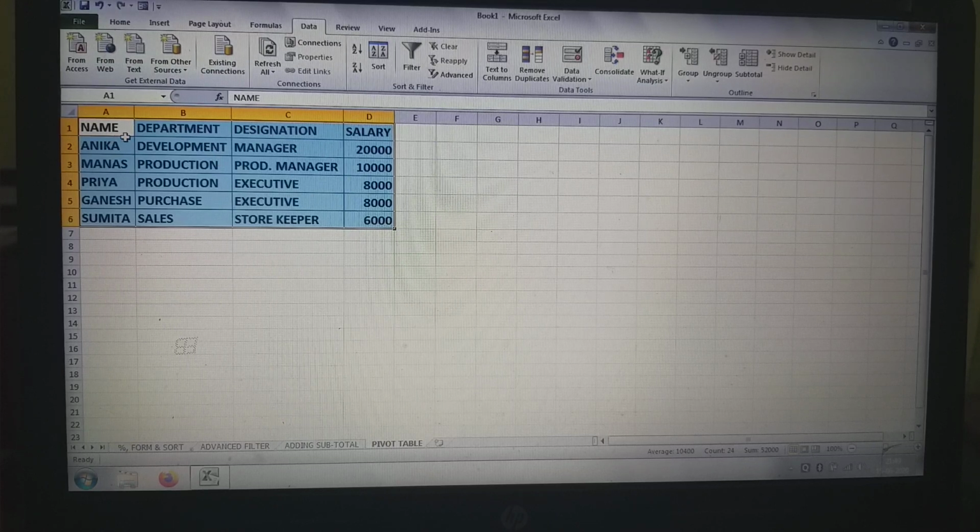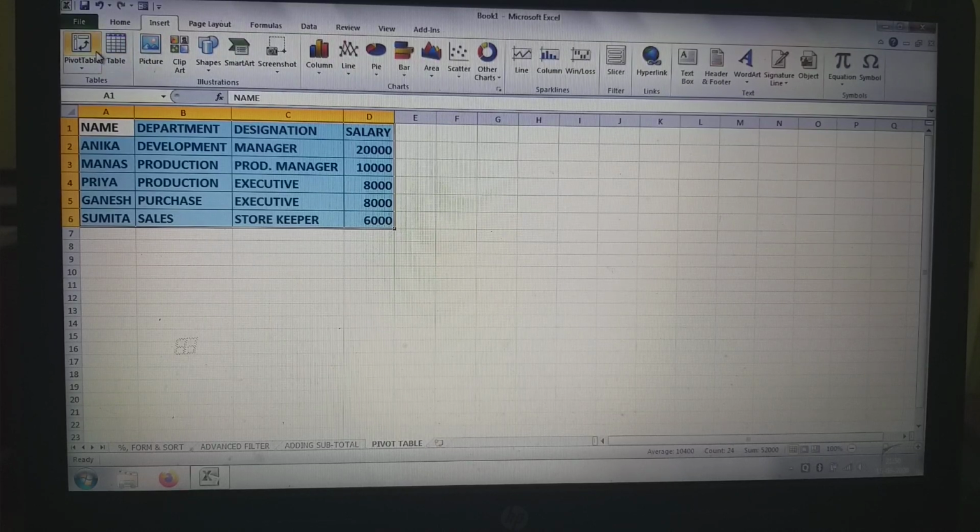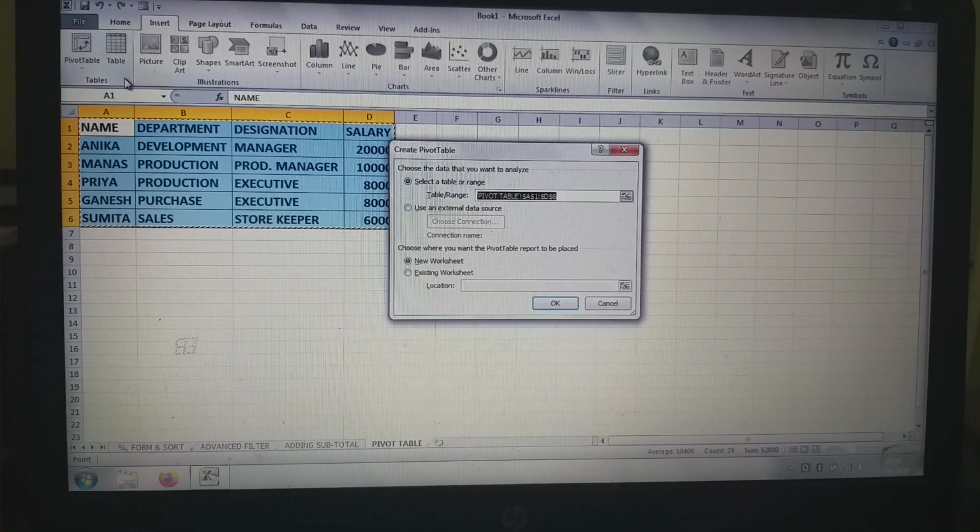See, the entire data range is selected. Now click on the Insert tab. Select the Pivot Table option. See, the Pivot Table option is here. Select it. The Create Pivot Table dialog box appears. The selected data is showing in the table range.